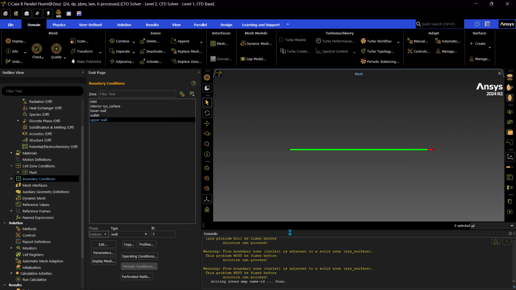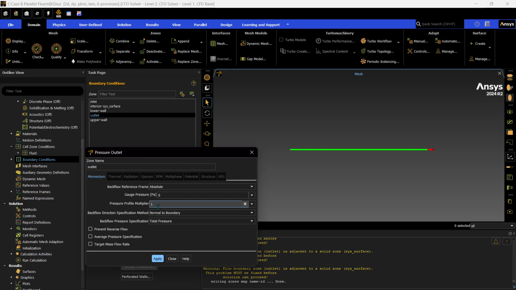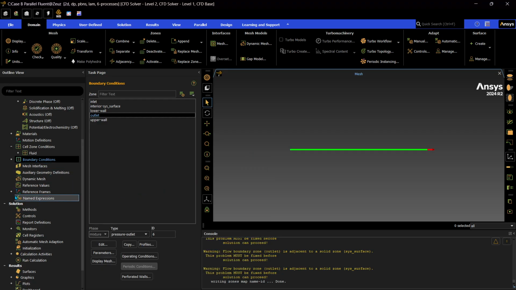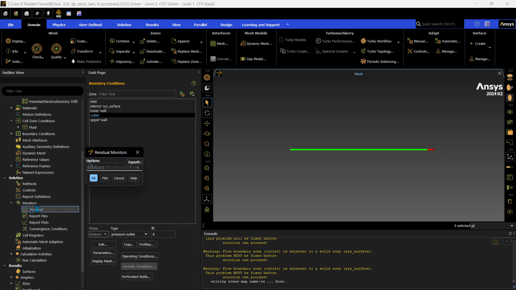Go, apply, and that's pretty much it. You can also check the other conditions, but they're the same. Like if you check outlet, gauge pressure should be 0. Yep, there you go. Let's go back here, monitors, and